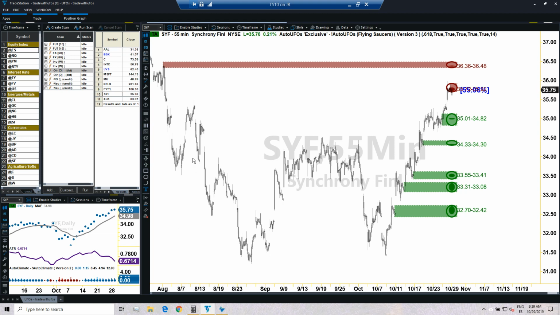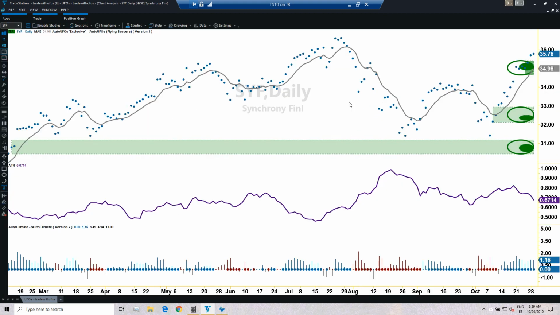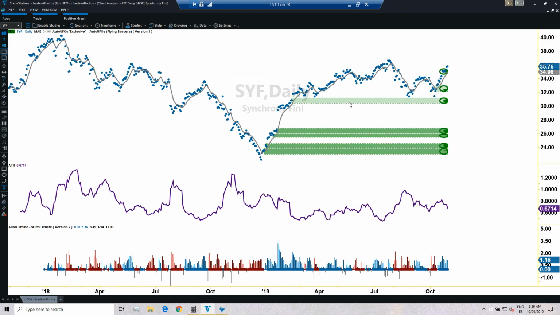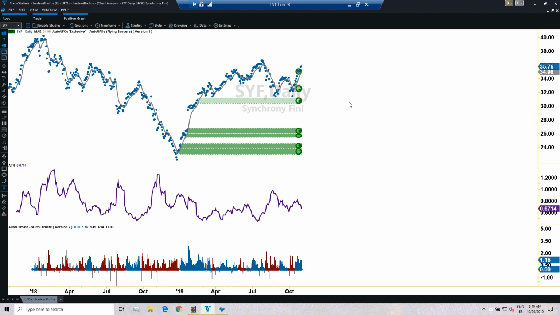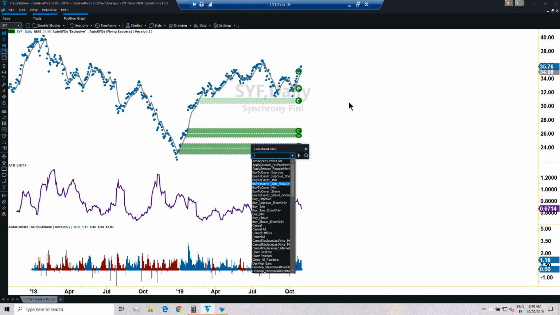Okay, cool. So now step two, check the target. To check the target, I'm going to activate AutoUFOs. I will maximize the chart. Okay, scroll down. So do we have any UFO? We have no red UFOs. That's interesting. I want to check the daily time frame to see where we're at.